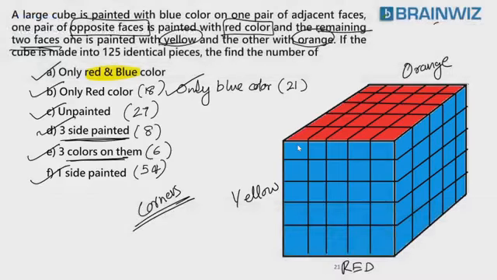Everybody, let's try to see here. Red and blue only. Do you think red and blue are here? No. Are they on the faces? No. Red and blue will be on the edges, students. Are you understanding? Let's try to count all these edges, everybody. Now, this is red and blue. Yes. Red and blue.